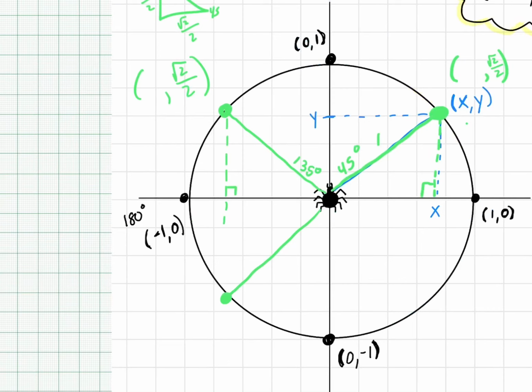So it's going to be negative square root of 2 over 2. Make sure you're really paying attention to detail on that negative sign there. And my angle here is going to be 180 plus 45 more. So 180 plus 45 gets me to 225. All right, and our last one